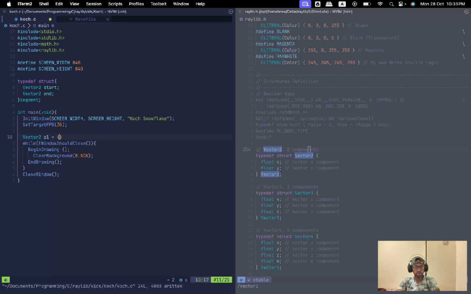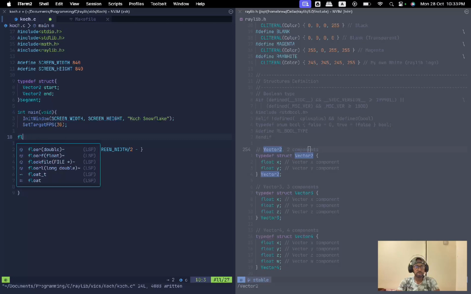So I want to draw a segment just to test in the middle of the screen. So let's say our x value, so our x value dot x for this vector. Now let's make the screen width divided by 2 minus